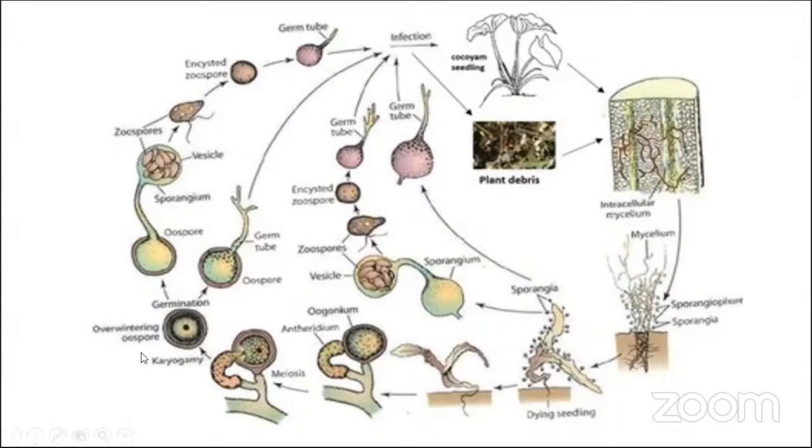They overwinter in the infected plant parts. They remain in a dormant state for a long time, and when conditions are favorable for their germination, there are again different strategies. If the conditions immediately become suitable for germination, they directly form the germ tube and cause the infection to the host. Or they follow the secondary pathway, that is indirect infection. They form the zoospores, which get encysted, and it causes the infection to the host plants. So this is the life cycle of the Pythium.